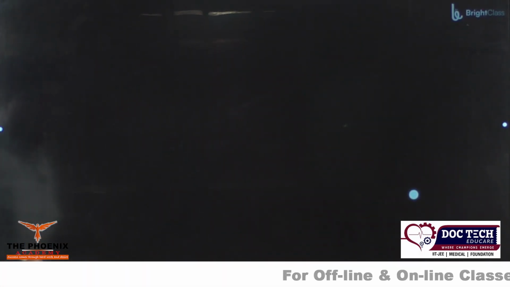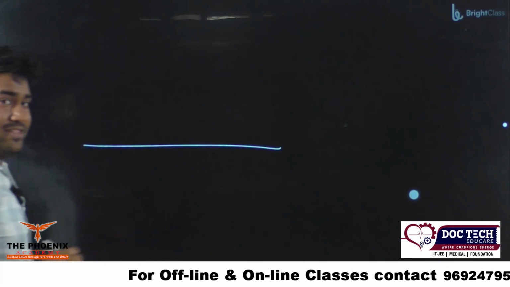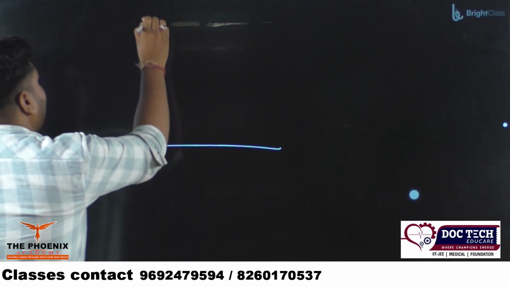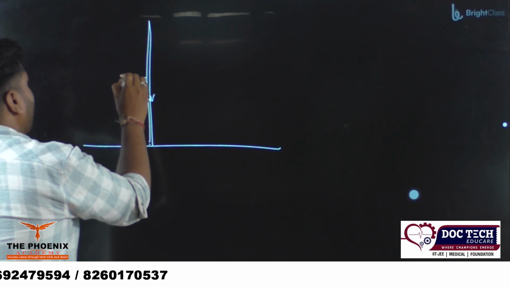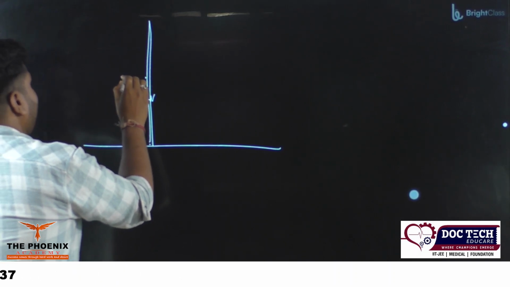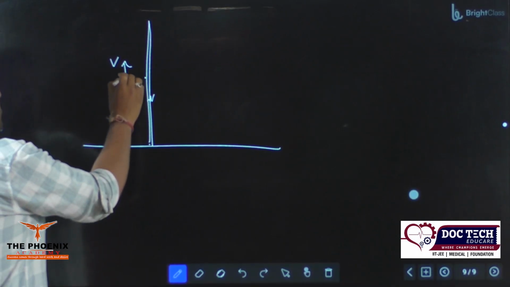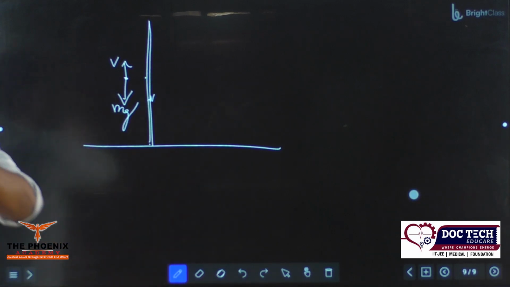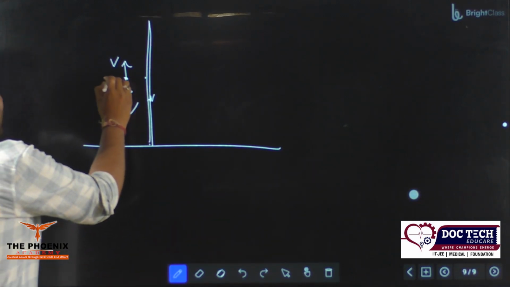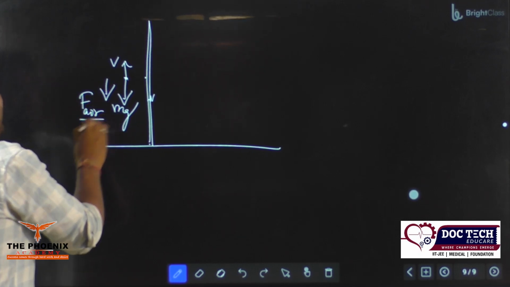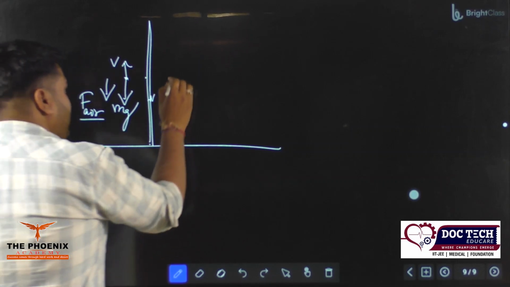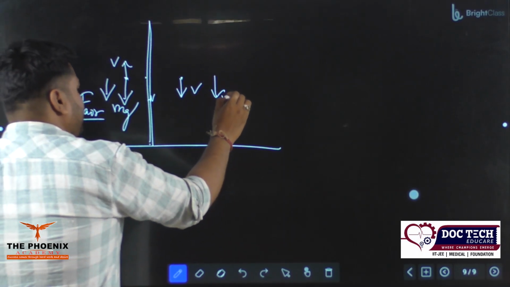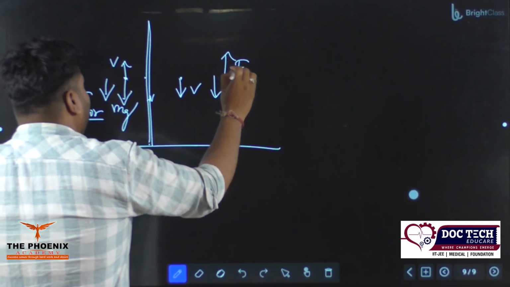If there is air resistance, अगर वहां पर air resistance हो तो क्या होगा देखिए. अगर एयर रेजिस्टेंस हो तो जाते वक्त, और यहाँ से ऐसे पार्टिकल जा रहा है और फिर रिटर्न आ रहा है वापस, तो एयर रेजिस्टेंस अगर होगा तो जाते वक्त उसके ऊपर क्या क्या फोर्सेस लगेगी, उसका वेलोसिटी होगा ऊपर की तरफ, तो उसके ऊपर लगेगा ग्रेविटेशनल फोर्स नीचे की तरफ mg। अगेन वेलोसिटी के अपोज में रखता है क्या, एयर रेजिस्टेंस। तो एयर रेजिस्टेंस वाला फोर्स भी किस तरफ लगेगा, नीचे की तरफ लगेगा। आते वक्त क्या होगा, वेलोसिटी होगा नीचे और ग्रेविटेशनल फोर्स लगेगा नीचे, और वेलोसिटी के एगेंस्ट में लगेगा क्या, एयर रेजिस्टेंस फोर्स।